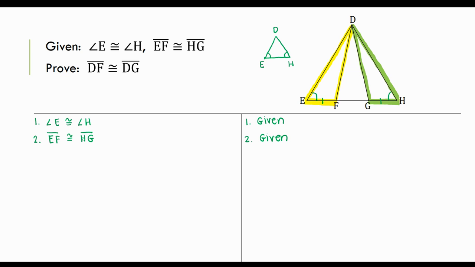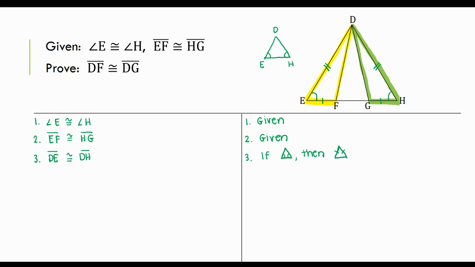So I did have to look at the overall big picture. Even though there were a lot of triangles inside, if I can look at one triangle and I see that there are 2 angles that are marked, that means that the 2 sides directly across from them are congruent. So that means that we can say that the segment DE is congruent to the segment DH, and it's going to be that theorem that if the 2 angles are congruent, then that means that the 2 sides directly across from them are congruent. So then if I marked that in my picture,